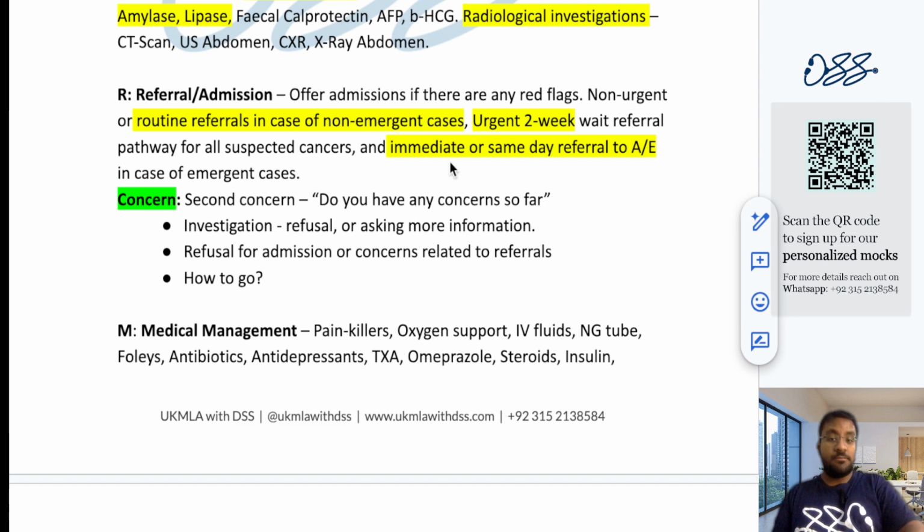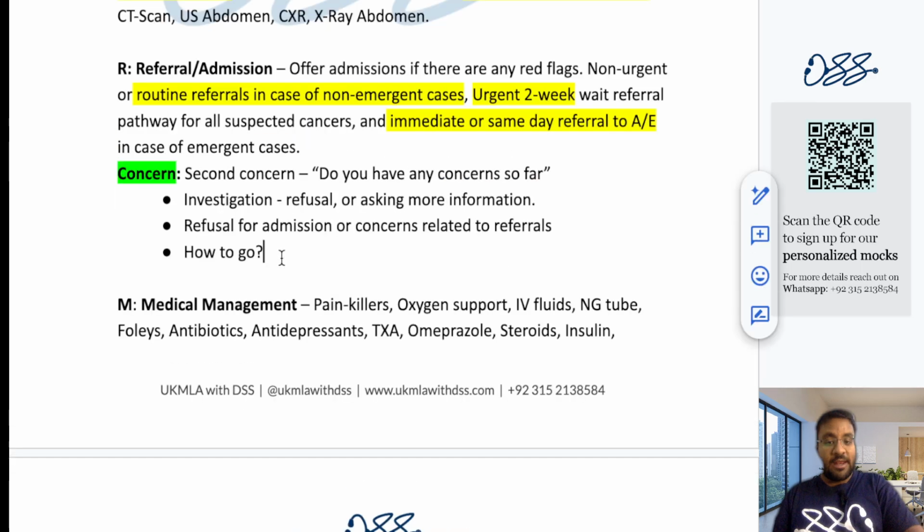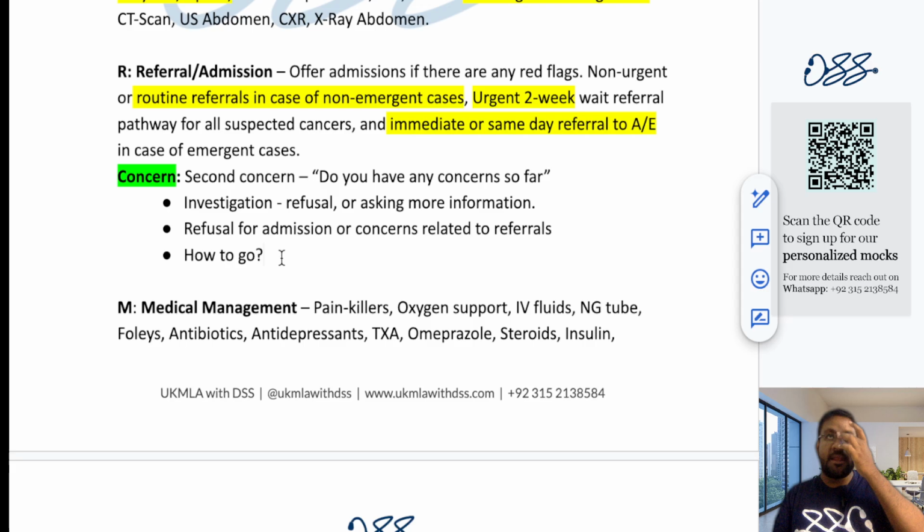So the dynamics of the entire session would change. In your head, you would be like, okay, I need to manage the subarachnoid hemorrhage, I need to admit the patient for NPO, and then get the neurosurgeons on board and get him for a surgery.